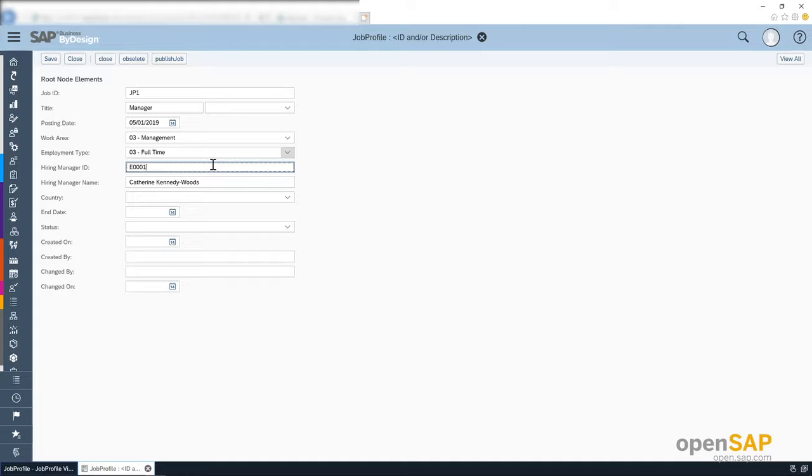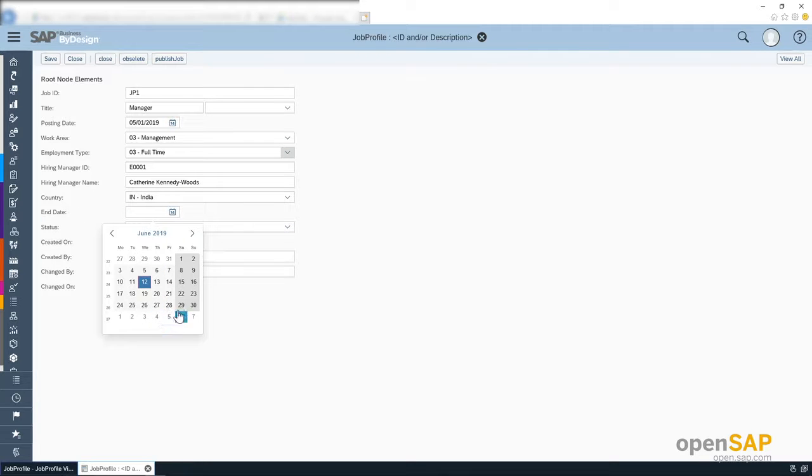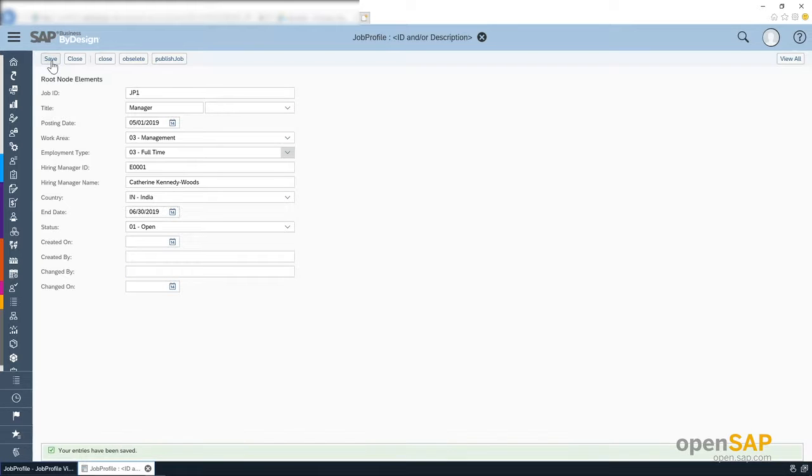And in the previous unit we saw that as soon as you enter the hiring manager ID, on the event after modify we have a script file where the manager name is defaulted. So, this logic works based on that and I provide a country code. Let us say I want to hire this employee for country India and I select the end date, let us say end of this month, and I click on save.